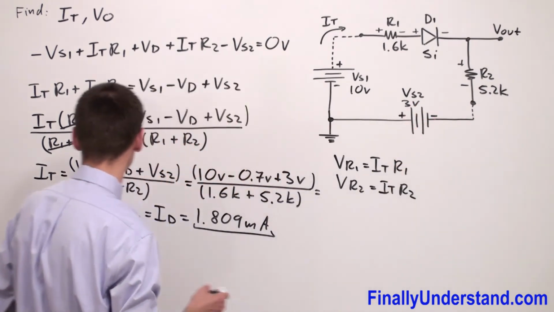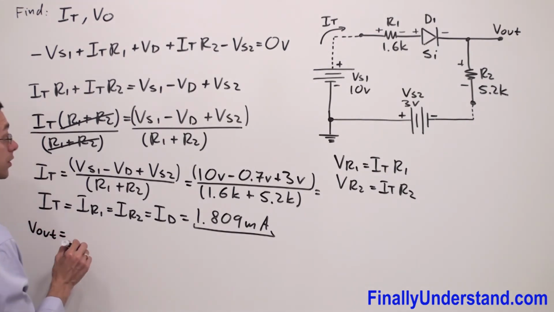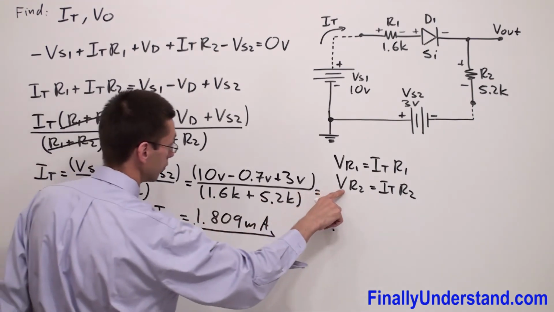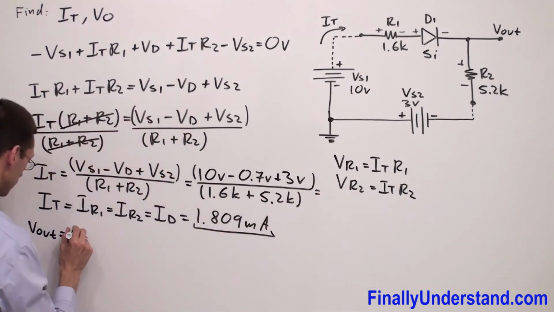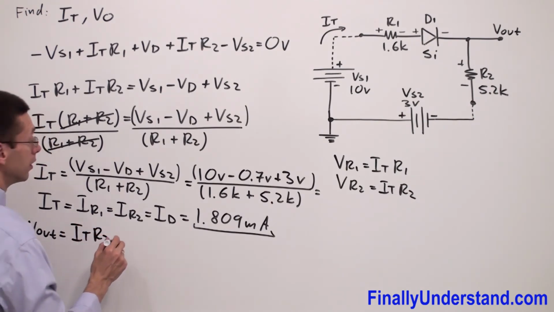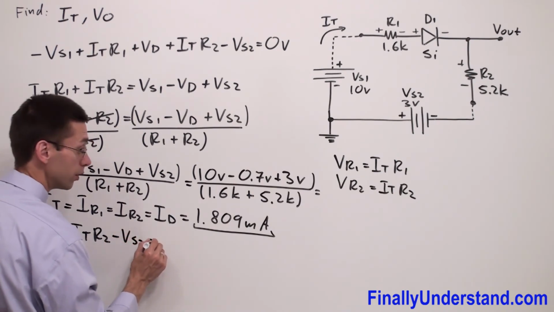Okay, so I have V out is equal to positive voltage across resistor R2. We said VR2 is equal to I total times R2 minus voltage source 2